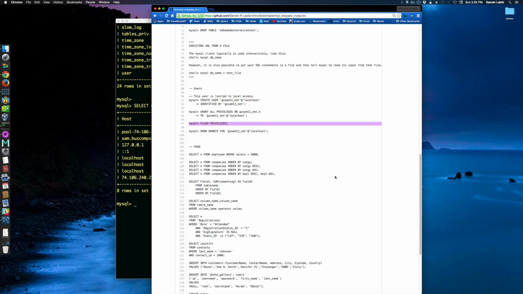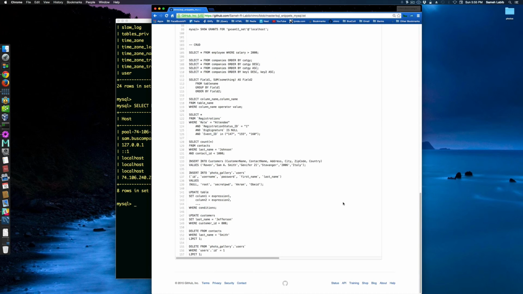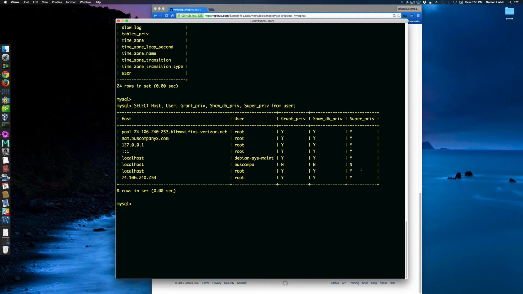Now, besides flush privileges, actually before you flush privileges, you're really going to need to look at this table that I have right here, because there's going to be a few Y's and a few columns that don't look right. Like they might have an N here and you want it to have a Y. Well, you can use the update command, which is this one over here, to update whichever columns don't look right for you. Okay? And then the last step is you flush privileges. Having done all that,